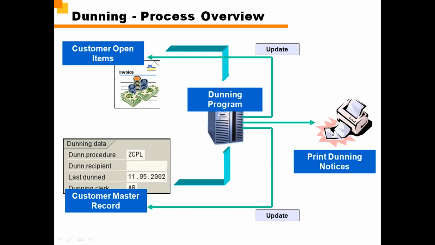So in accounts receivable, we need to receive the amount from the customer, and customers are supposed to pay us on the due date. If they are not paying their dues on the due date, their invoices will get overdue. If their invoices get overdue, we need to send them a reminder. We need to send them a notice that we have not received the payment on the due date. So these are the reminders or the intimation letters. We need to send them, and for that